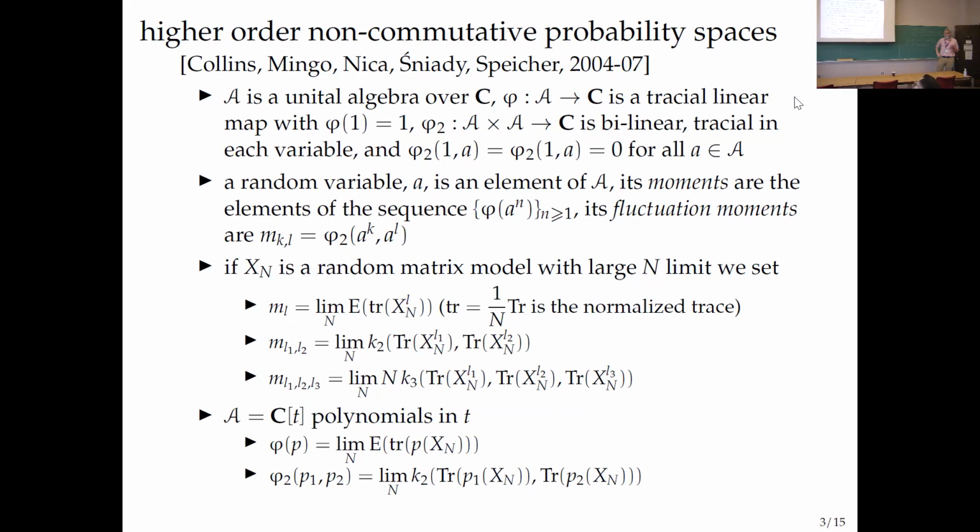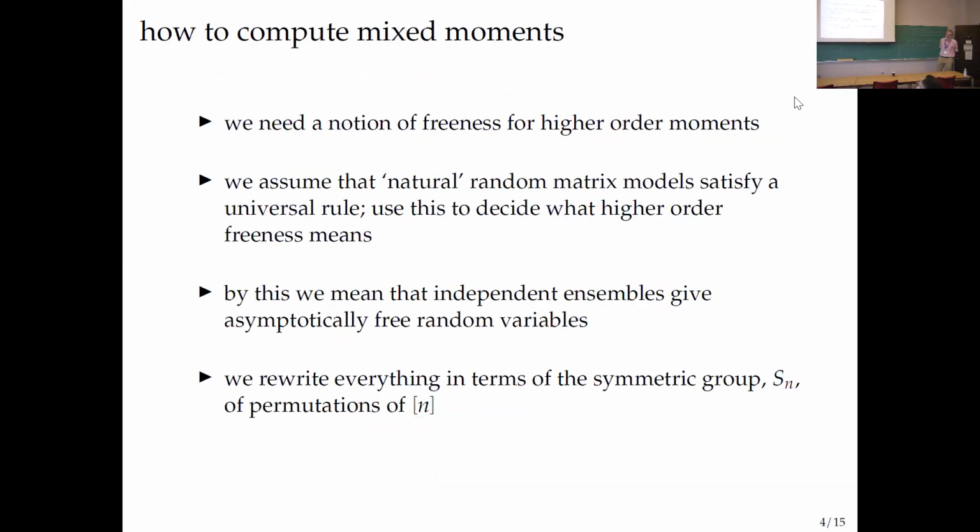Okay. Go on. So the idea of higher order freeness was: you have the fluctuation moments of one ensemble and the fluctuation moments of the other ensemble, and you want to find the fluctuation moments of sums and products. Is there a universal rule that does that? Now, I'm not really going to tell you what the universal rule is, because I thought I would focus on the relations between cumulants and moments and these equations, which are more closely related to topological recursion. So I'm not going to tell you what that is, but there is a rule, and that's how it got started.